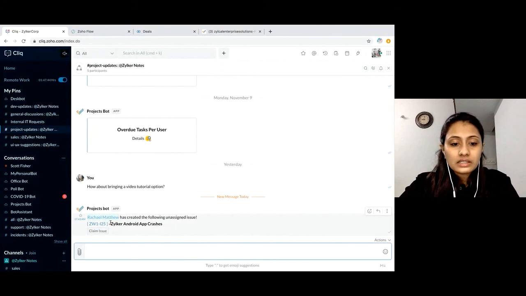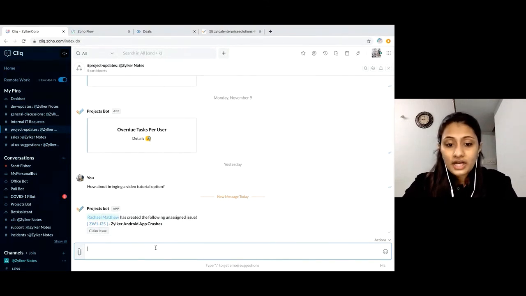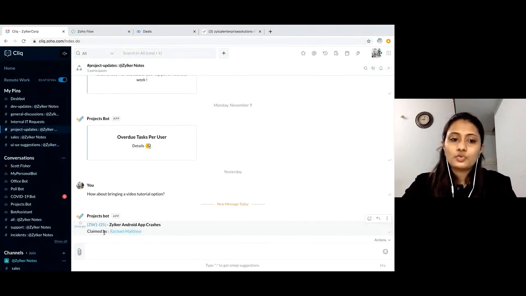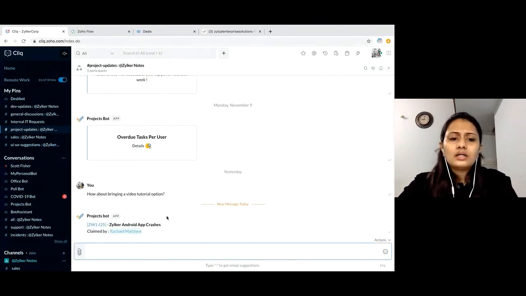So this here is the issue. There's a couple of crashes that are going on in the Android app, and if I want to claim this issue, which means that I want to assign it to myself, I can go ahead and assign the issue right over here. So the Projects Bot makes it easier to bring in project updates right inside a channel where you